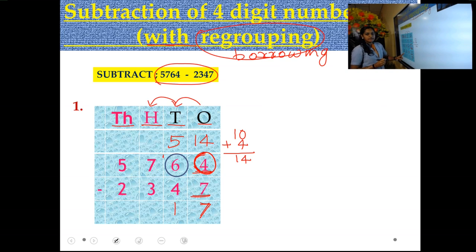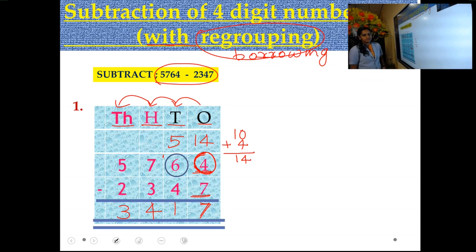Okay, now you move to the hundreds place. The hundreds place numbers are 7 and 3. 7 in your mind and 3 in our hand. Backward counting, what will we get? 6, 5, 4. Write down in the hundreds place. Now, next place, thousands place. 5 in mind, 2 in hand. Counting back from 5: 4, 3. Write down in thousands place. Okay, so you have to double underline your answer.